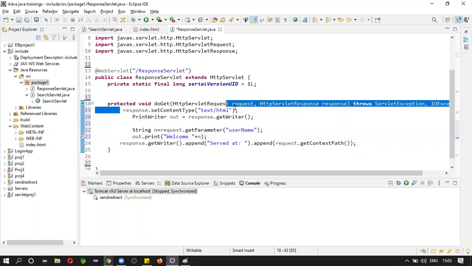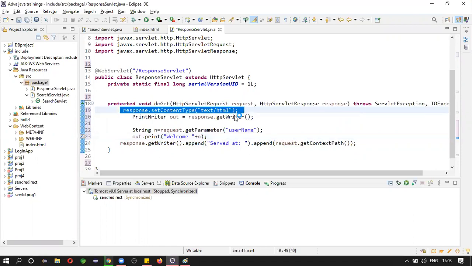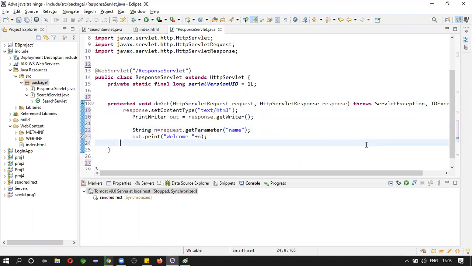For mentioning what type of data you are going to display on the page. Okay, so welcome this name. So this is not required. So let us save all the things, and now let's run this.